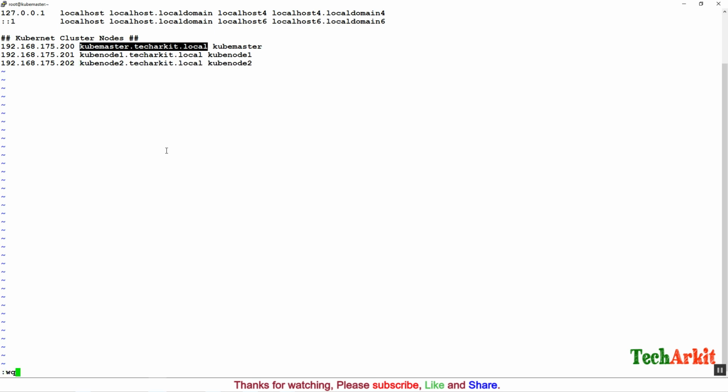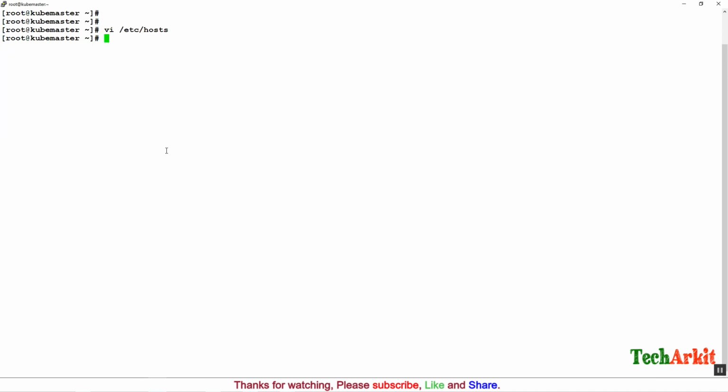So that's it. Save the file, so that it will be a little more flexible when pinging the virtual machines, the nodes, using the names instead of remembering the IP addresses. Now what you have to do is allow the firewall ports to enable communication